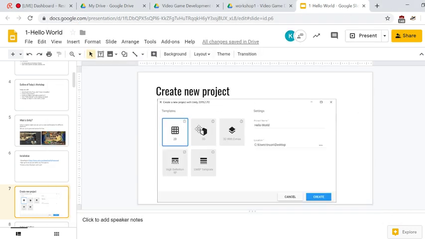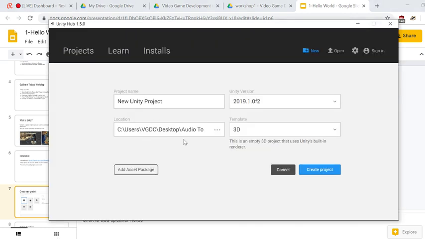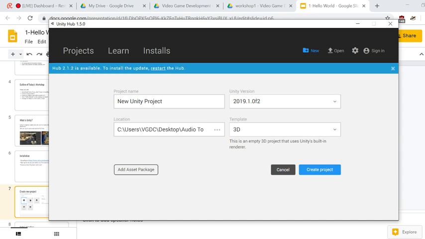Some of you will have this UI, and some will have a different one. I guess we did not update Unity Hub. If you launch any version of Unity and you have Unity Hub installed, it'll just go to that. There's a new version that we didn't install, that was from today. Anyway,